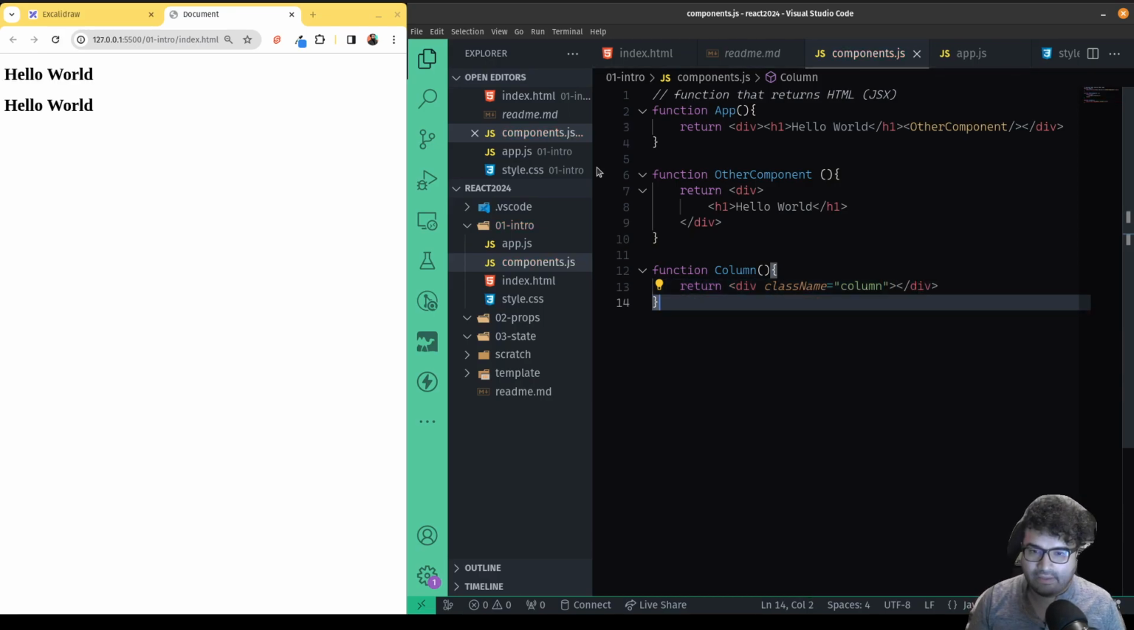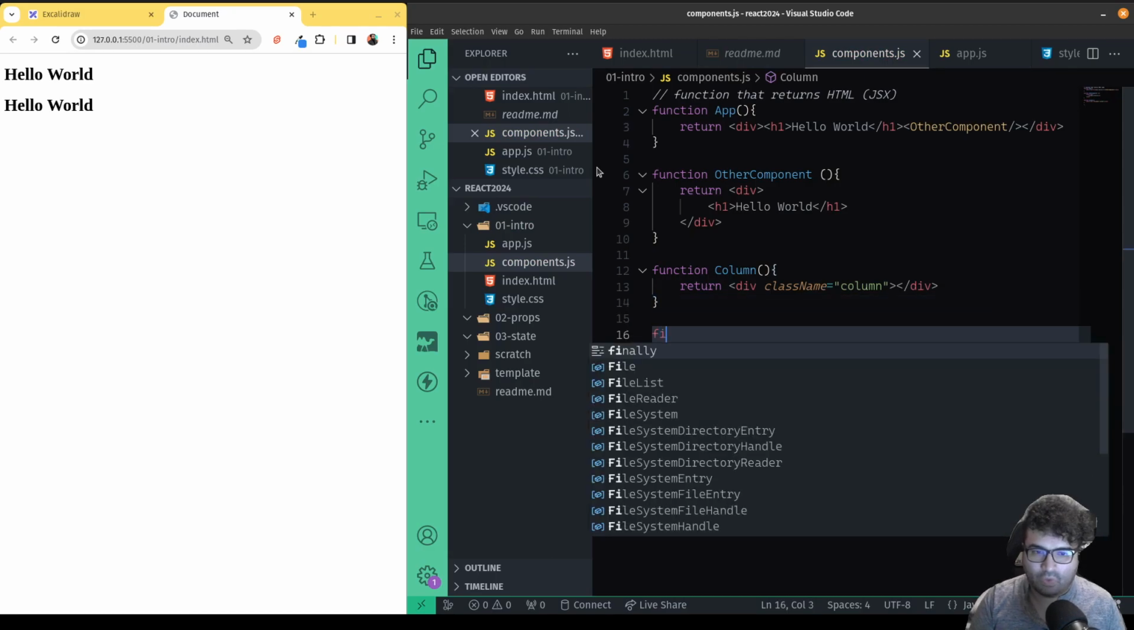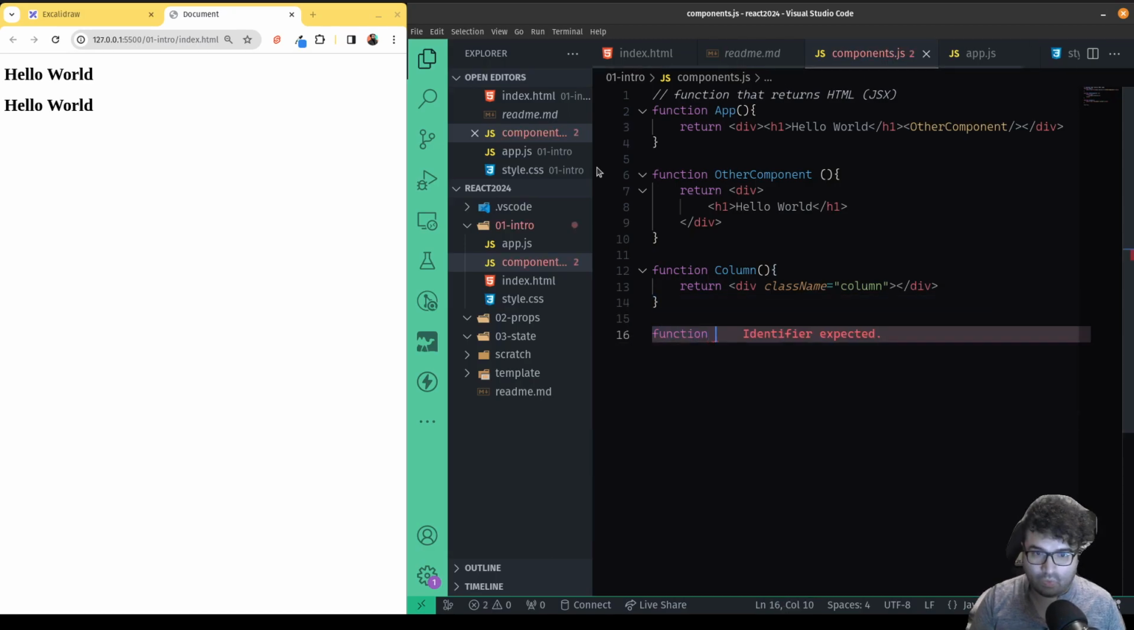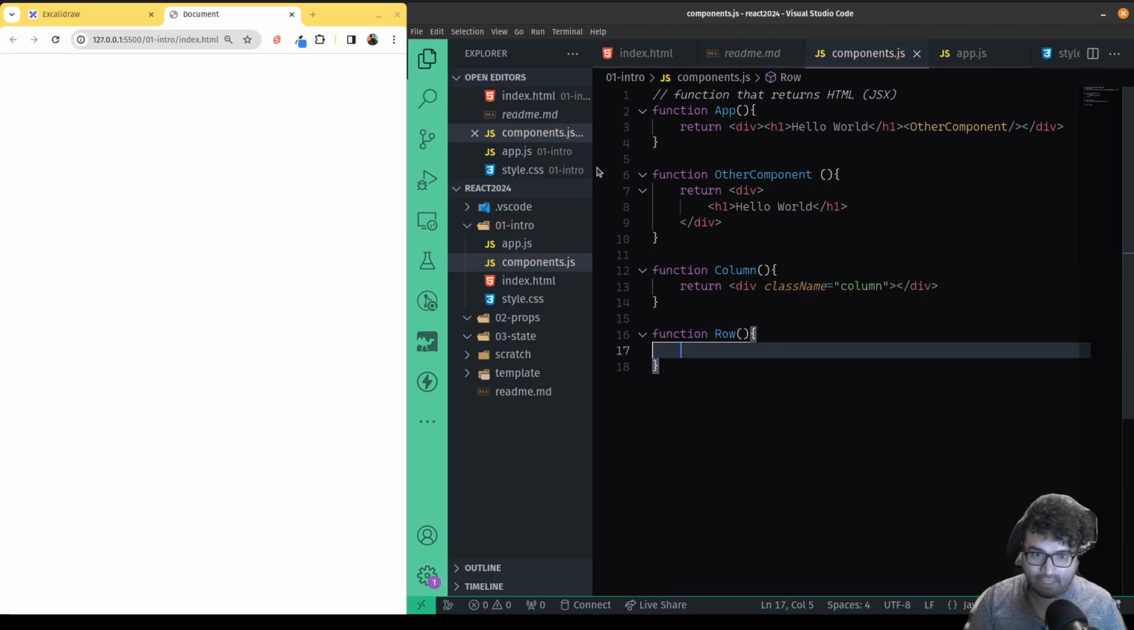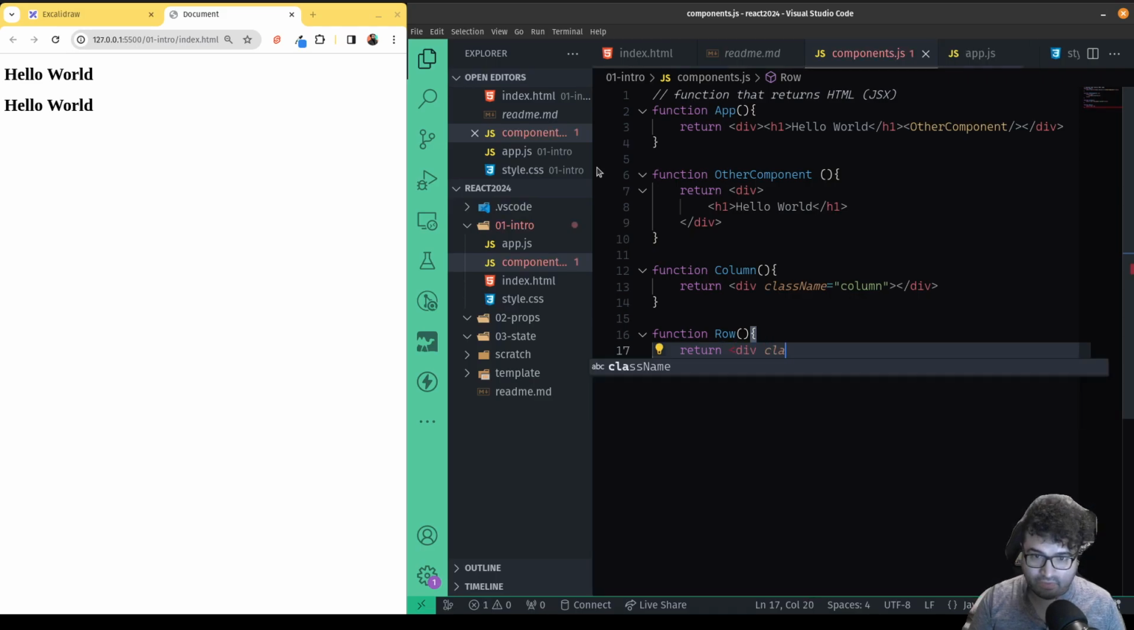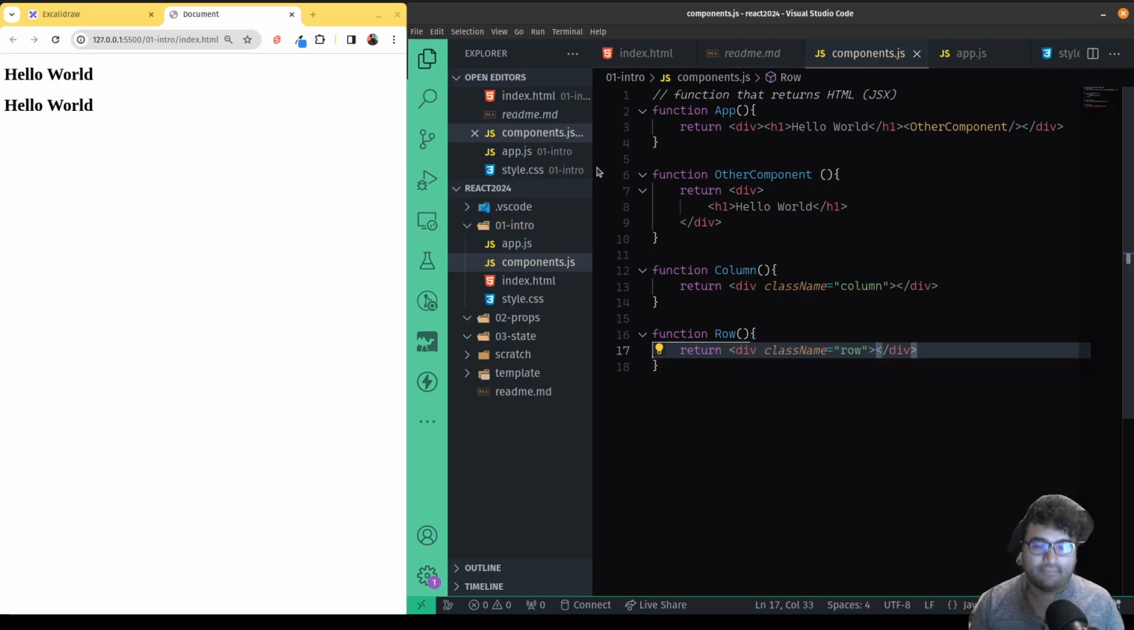Okay, and then I'm going to write a function called Row. Okay, and we're going to return a div with the className of row. Okay, just to illustrate this. So now what I'm going to do